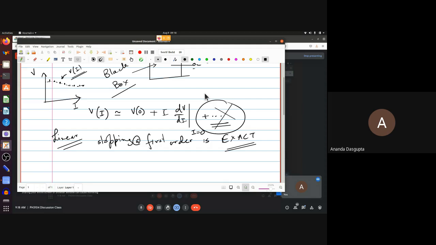In fact, that is precisely why, if you want very precise calculations of circuit parameters, you would actually resort to a computer calculation, because you will have highly nonlinear equations to solve, which becomes very difficult to handle. But the real advantage of Thevenin's theorem is this. In most situations, Thevenin's theorem works very well. As I said, with resistors, inductors, capacitors, it works perfectly fine. With nonlinear devices, which is what we are going to use it for often later on, it doesn't work perfectly, but it works reasonably well.